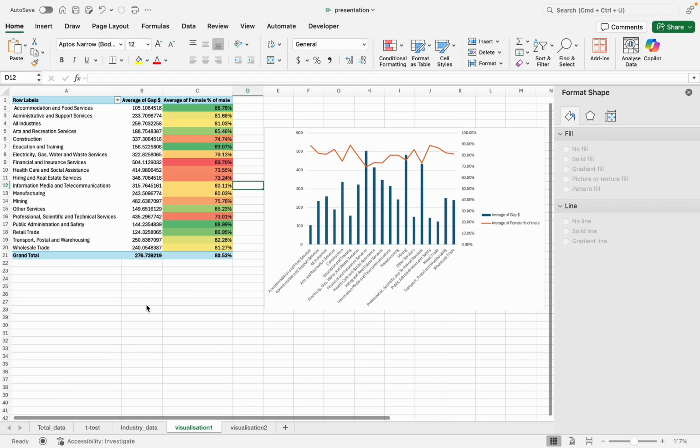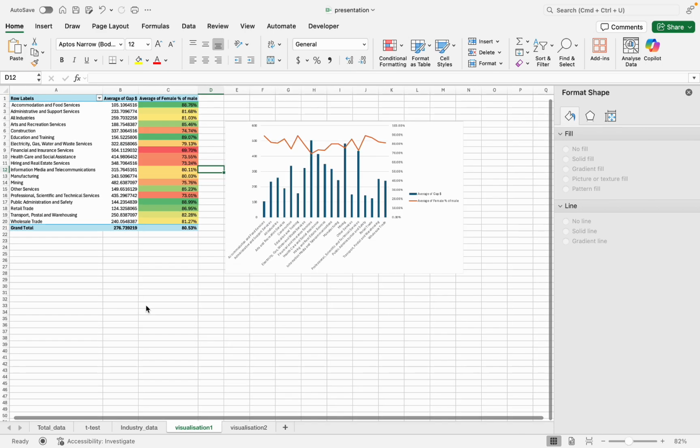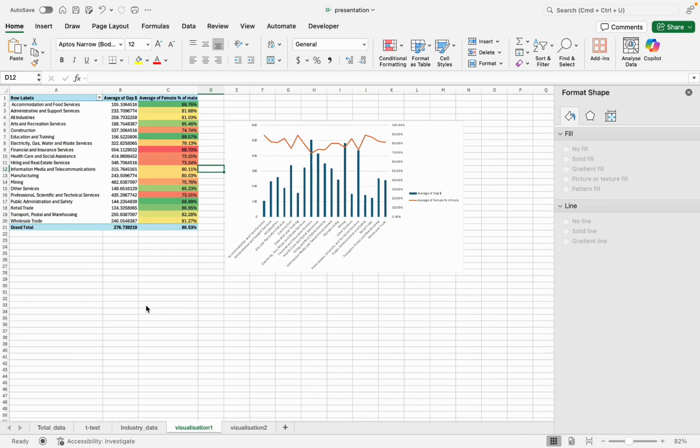So my conclusion for today's video is, from the analysis we can draw two important things. First, the gender pay gap is significant overall. Second, the gap varies by industry, with some industries showing large differences and others showing very small ones.